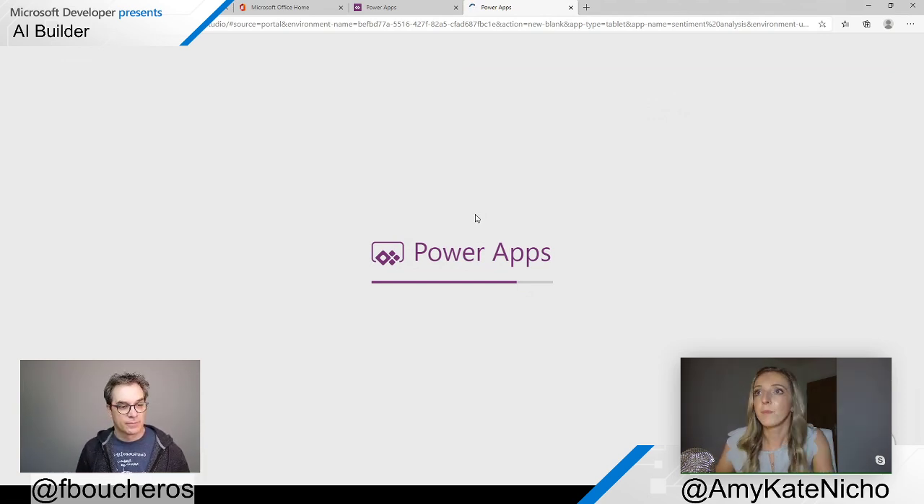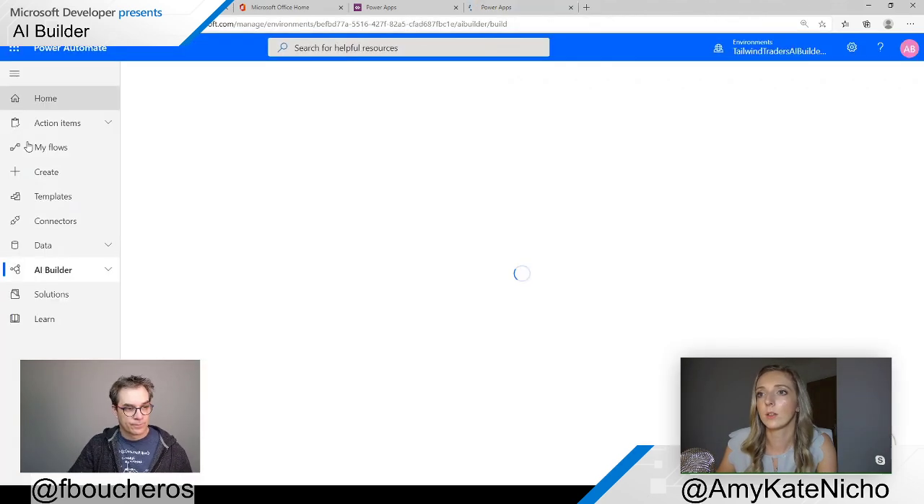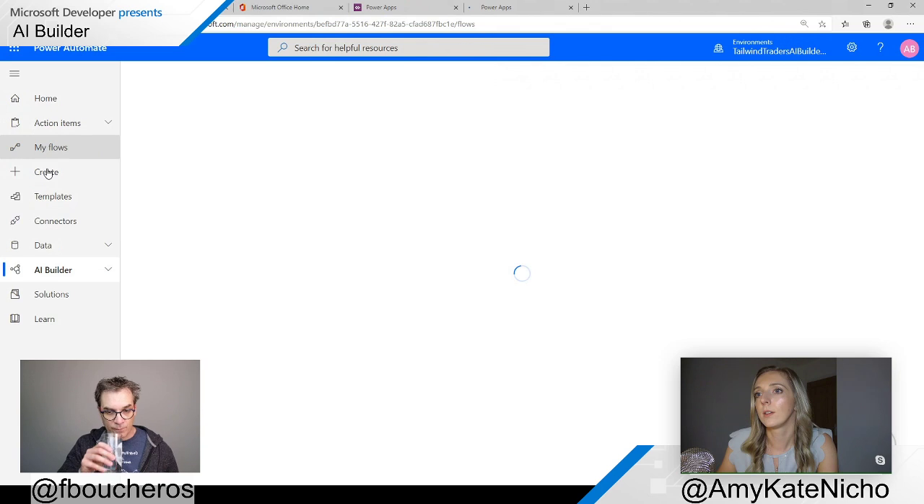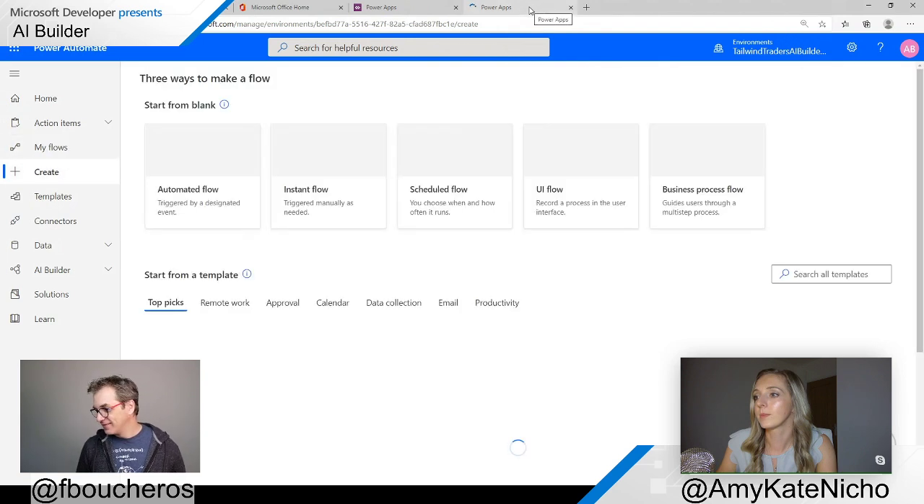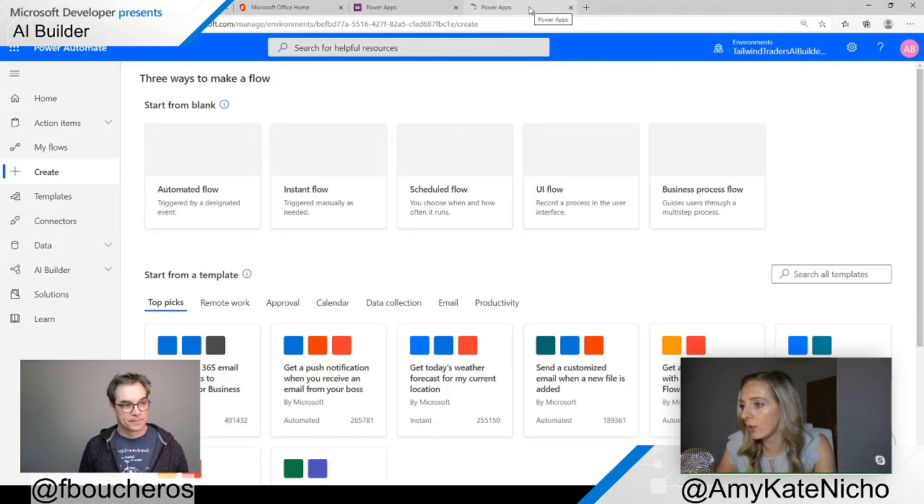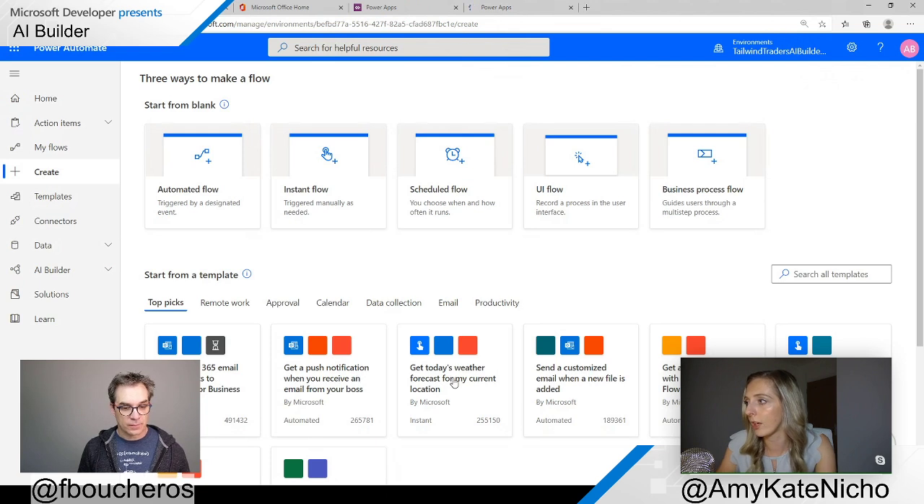I was going to say, I think if we go to flows again, I'll go to create. I have so many things I want to do right now, and the internet is being so slow. Let me show you this. Because you can do stuff like get a push notification. But if I search all templates for HTTP,